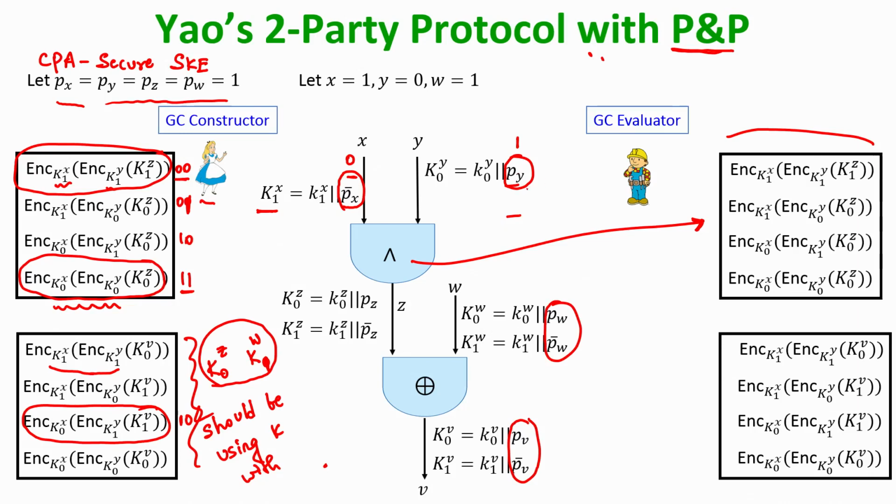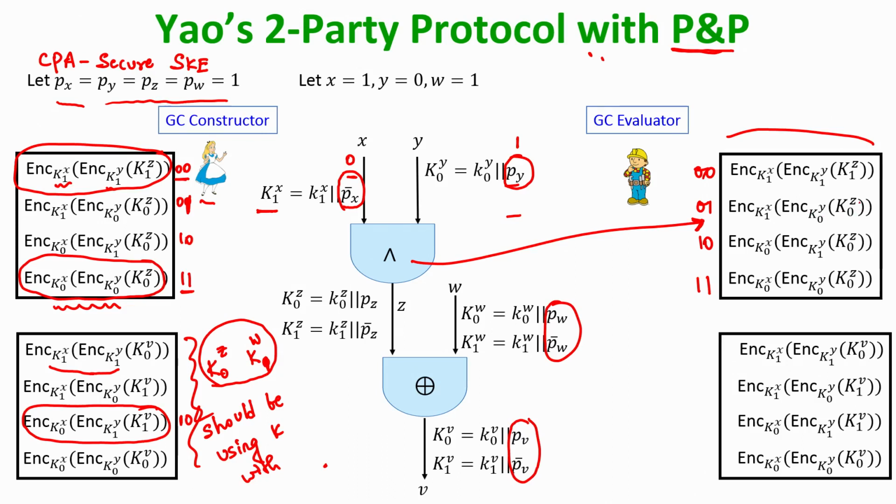So, based on the permutation bits, Bob cannot find out what exactly is the label of the entire key that he is seeing for the x wire and y wire, but in terms of evaluation what he has to do is the following: since the combined label of the permutation bits of x y is 0 1 and the ciphertexts are indexed 0 0, 0 1, 1 0, 1 1, he has to go and only decrypt the entry stored at index number 0 1, and this will not tell Bob anything whether he has decrypted an entry corresponding to the first row of the truth table or the second row of the truth table or the third row of the truth table or the fourth row of the truth table.